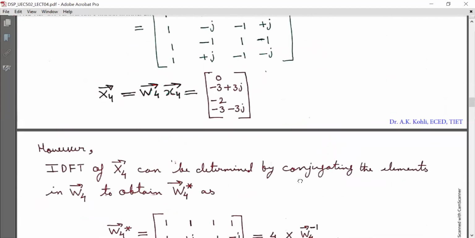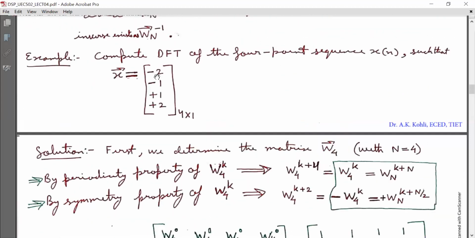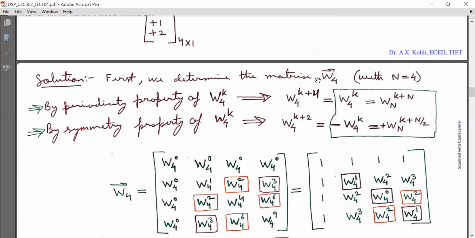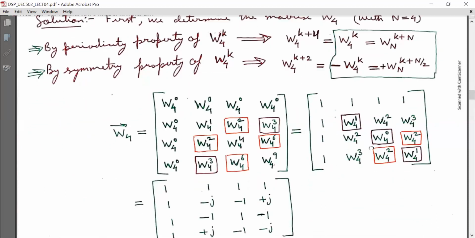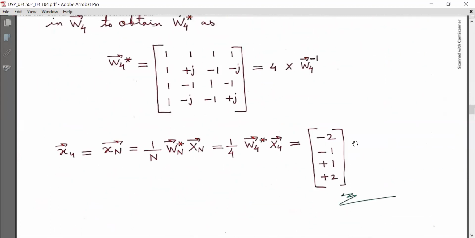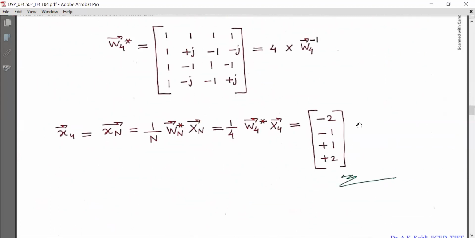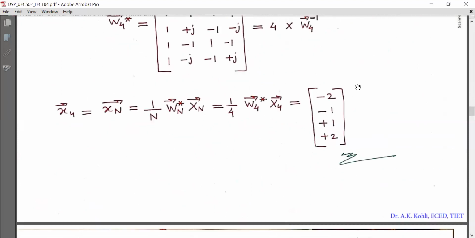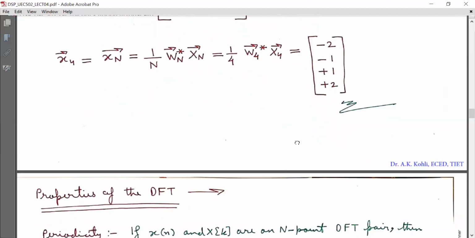So if I look at the question, it is the same. So our matrix operation is correct, and this is the best matrix. The calculation of DFT and IDFT through matrix operation or matrix method is compatible with MATLAB programming. So we can form a general program to calculate DFT and IDFT of sequences.